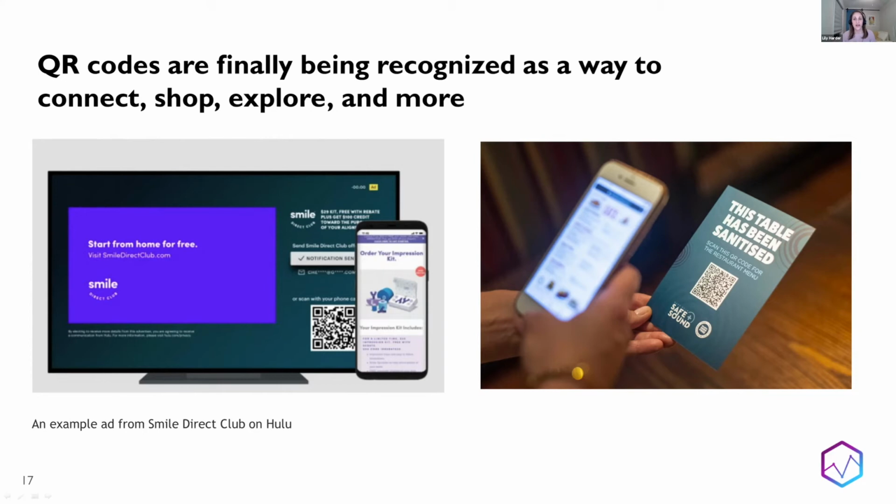So, interactive ads like these provide really a wealth of information to advertisers, including what types of consumers are engaging with their brands, just being able to dip into a lot of that technology. And then, QR codes just in general, we're seeing them, of course, at the point of sale, at brick and mortar locations, in restaurants. I think we're seeing the tip of the iceberg of what's possible and connecting that printed medium with the digital medium.